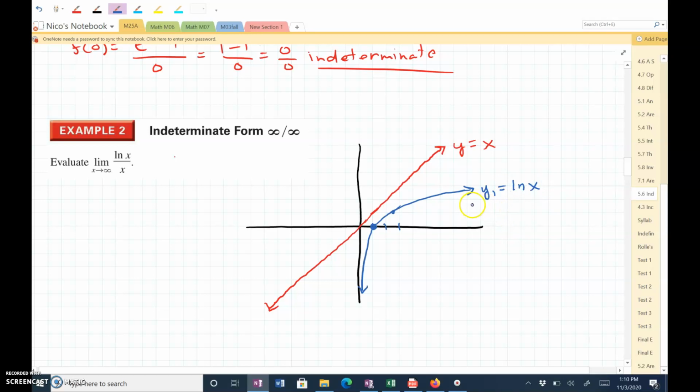Notice, as x goes to infinity, y, or the natural log of x, will go to infinity. Here, as x goes to infinity, y, or the function x, would be going towards infinity as well. So this would give me infinity over infinity, which is indeterminate, which means we need to take the derivative of each of these functions. So this would be 1 over x, this would be 1,